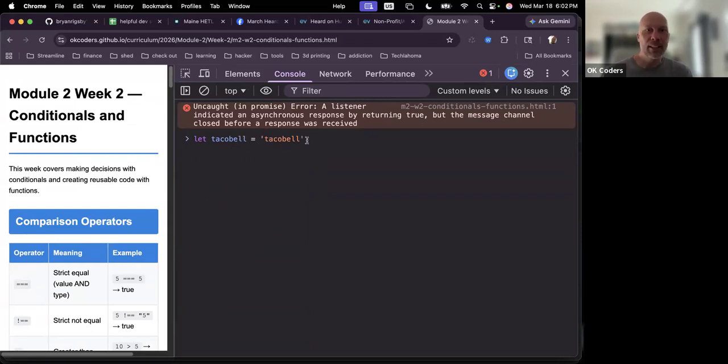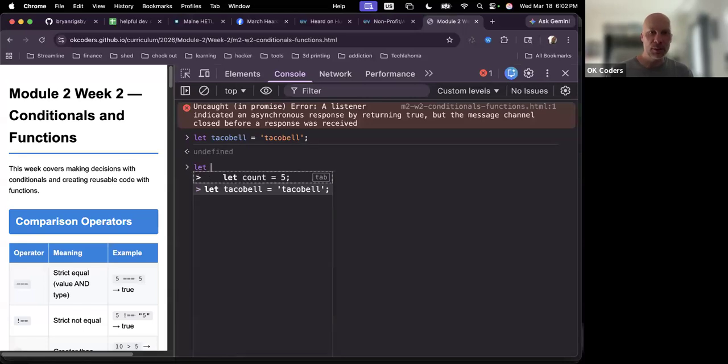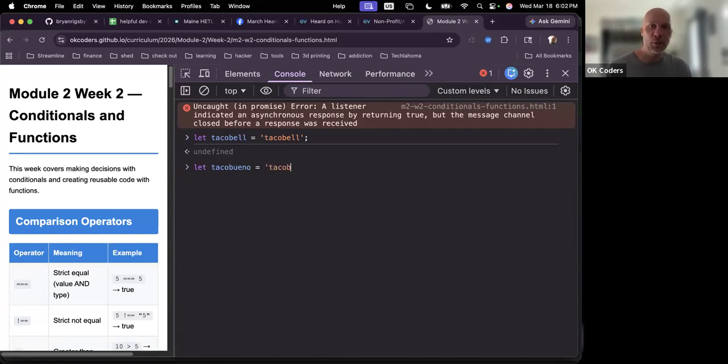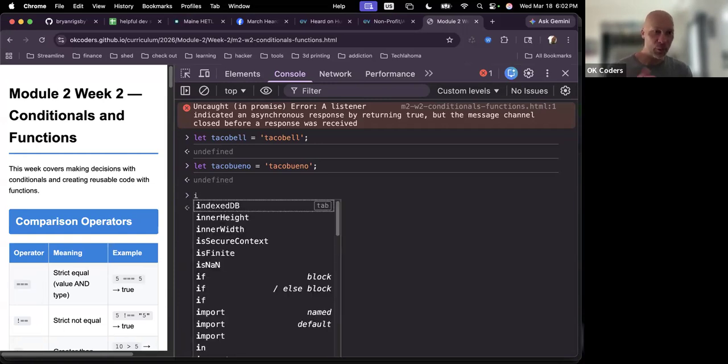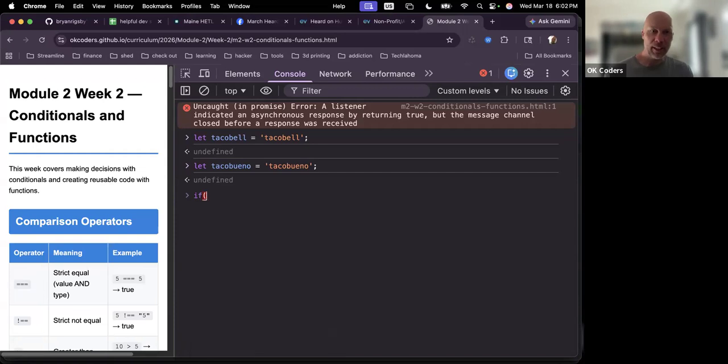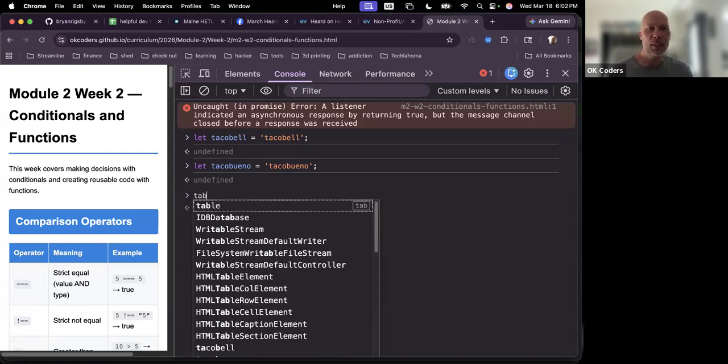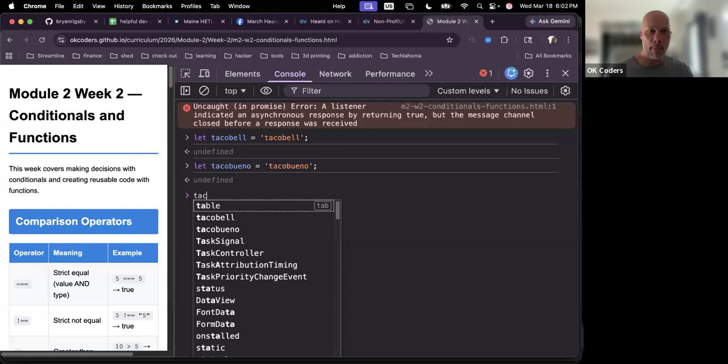If we have this variable Taco Bell, and then we have a variable called Taco Bueno, we'll set it to Taco Bueno. My wife's in the background laughing at me. I can hear her. So if we want to see if these are equal, we'll do an if statement. We'll get into that in a second, but we'll just say Taco Bell